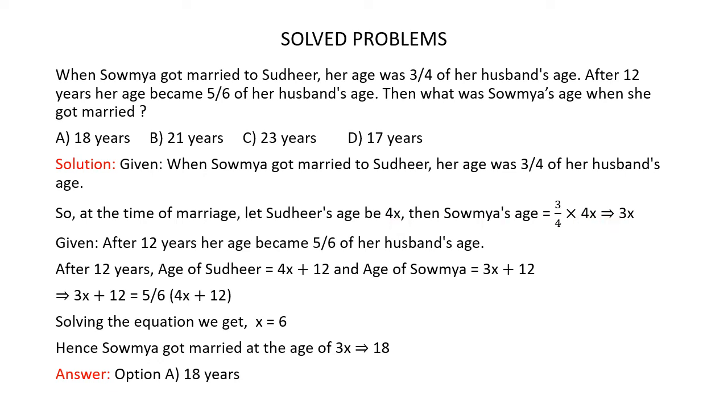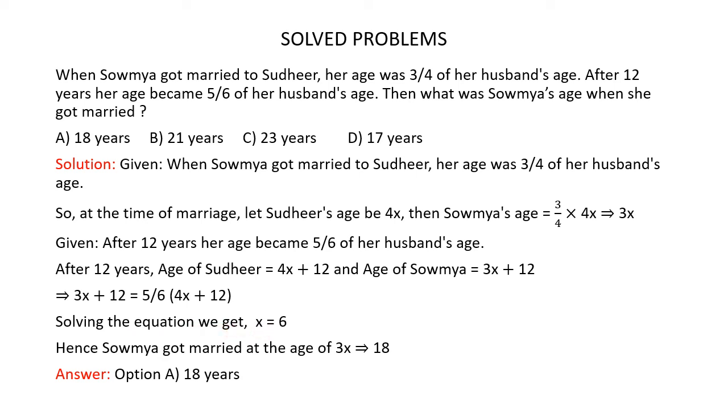Now it's given after 12 years, her age became 5/6 of her husband's age. Now after 12 years, the age of Sudhir will be 4x plus 12 and age of Soumya will be 3x plus 12. So after 12 years, her age became 5/6 of her husband's age. So 3x plus 12 is equal to 5 by 6 multiplied by 4x plus 12. Solving the equation, we get x is equal to